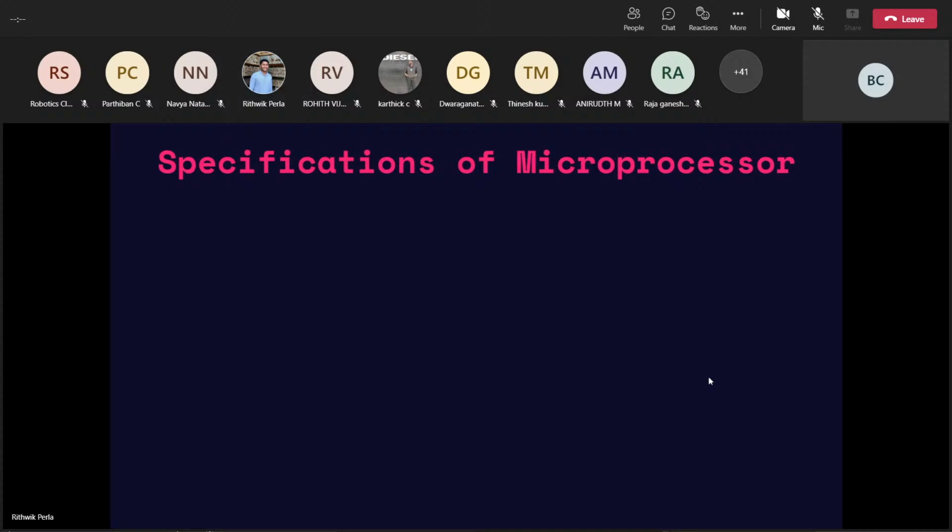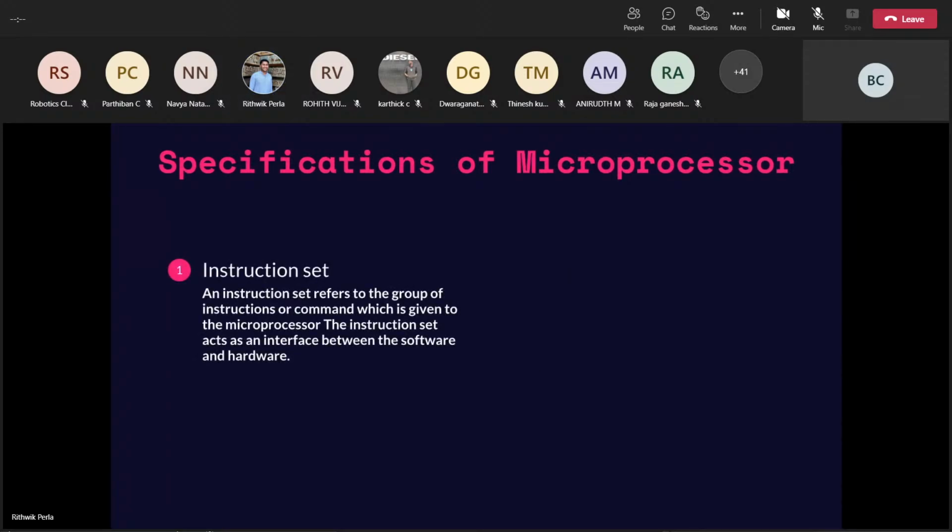Great, guys. So basically, while designing a microprocessor, they think about the instruction set too. So what is an instruction set? Well, when you code or put a set of instructions in your memory, different microprocessors have different ways of instructions. Like for C++, you have int, float, as you have all studied in your previous years. Similarly, every microprocessor has its own instruction set. So based on that, a microprocessor is also defined.